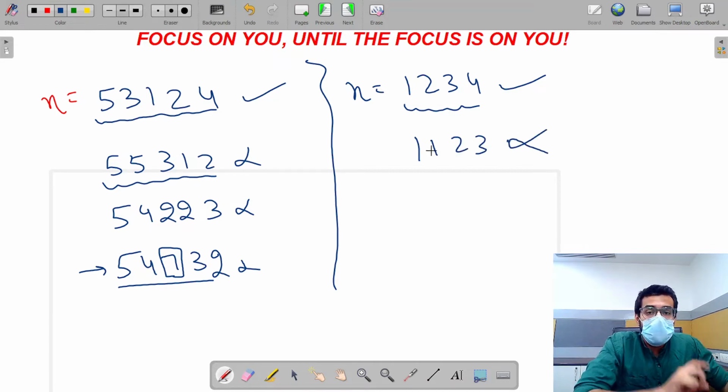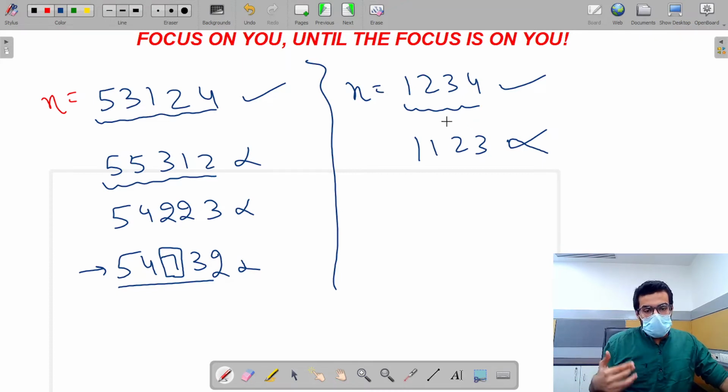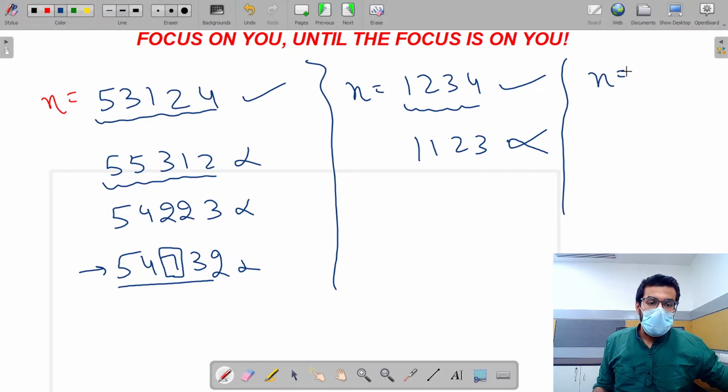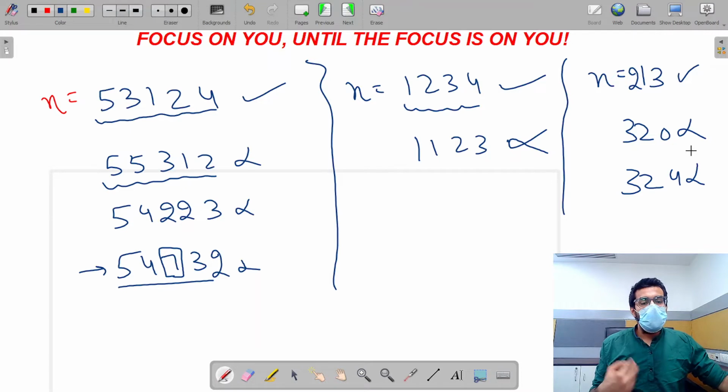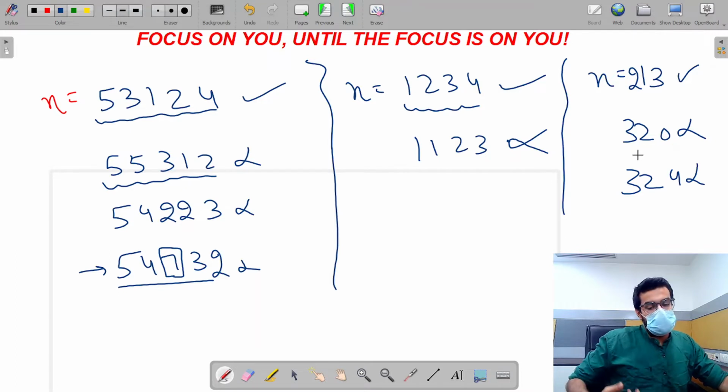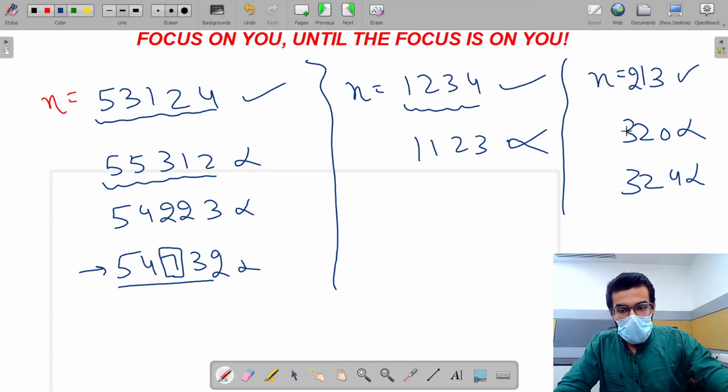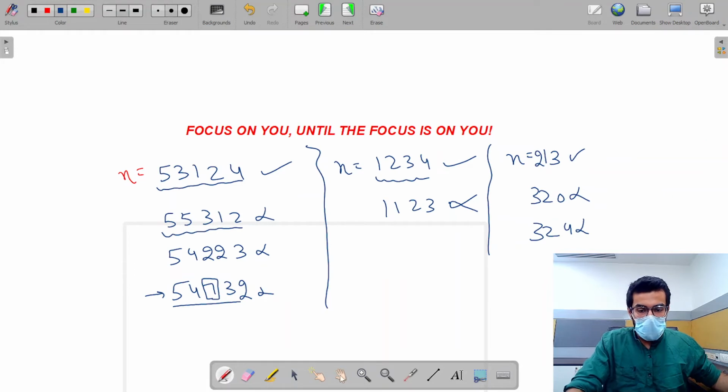The reason is that 2 digits are repeated and also the digit 4 is not there. And if the number was a 3 digit number, then this is a valid input, but this is an invalid input. This is also an invalid input because 1 hasn't come even once. I hope that you have understood what the valid and invalid inputs are.